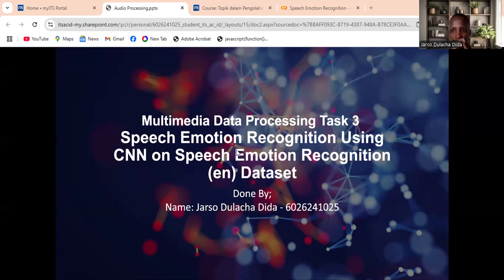In general, with these CNN models, we load the data, which is audio files from the dataset, and then classify or detect the emotion in speech. This emotion is sad, this emotion is happy, this emotion is surprised, this emotion is disgusted, like that. It detects the emotion within those audio files.